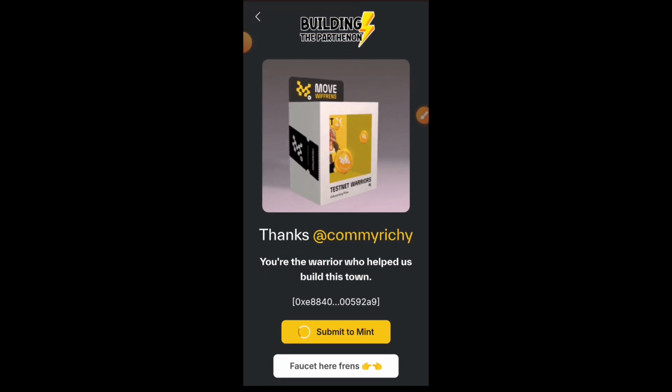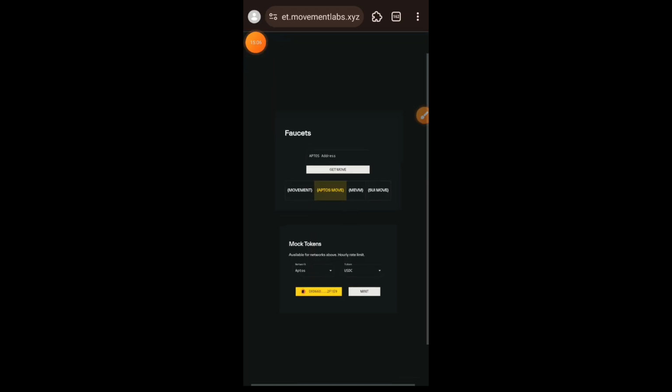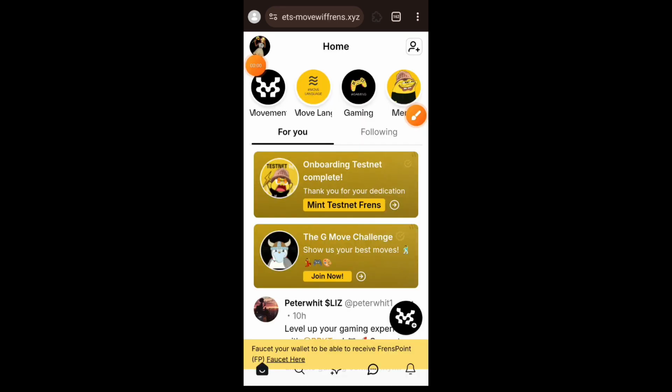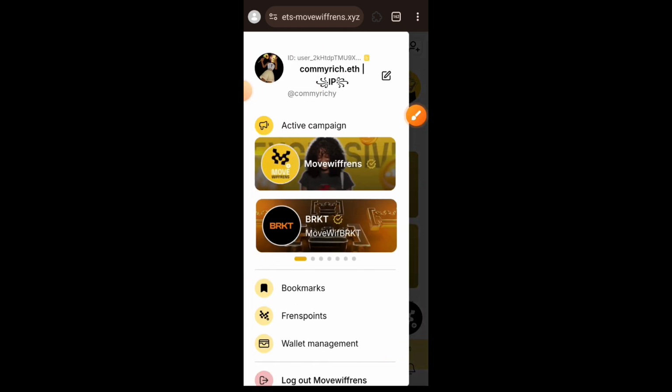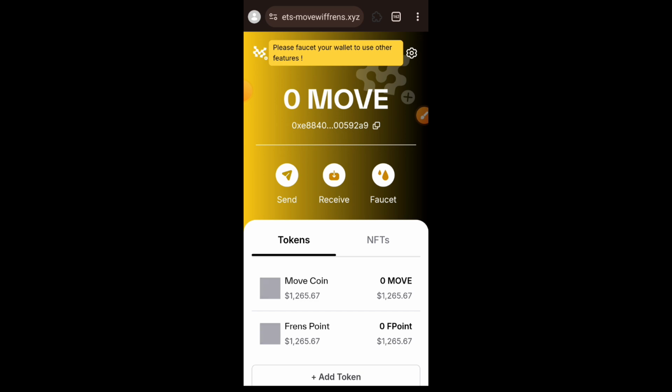So for you to be able to mint the testnet friends NFT, you need to be able to claim test tokens into your wallet. Now, how do you get test tokens and how do you get wallet? If you tap on faucet friends, it takes you to movement faucet where you are going to claim your test tokens. But how do you get the address that you are going to paste in the faucet? You can come back to your Move with Friends account, tap on your profile picture. Then tap on wallet management. And you can copy your wallet address, then go back to movement faucet and you are going to claim movement